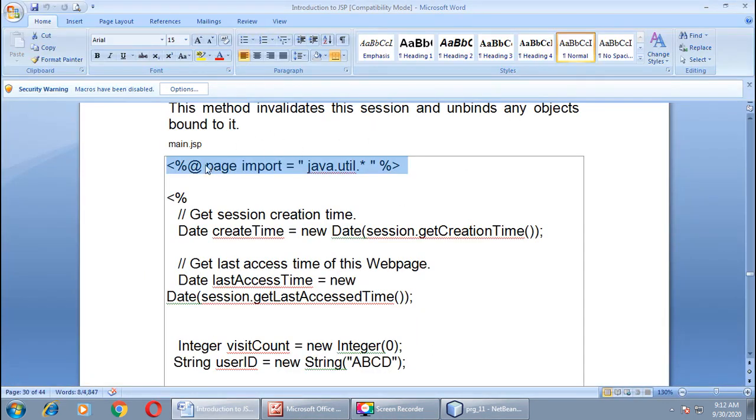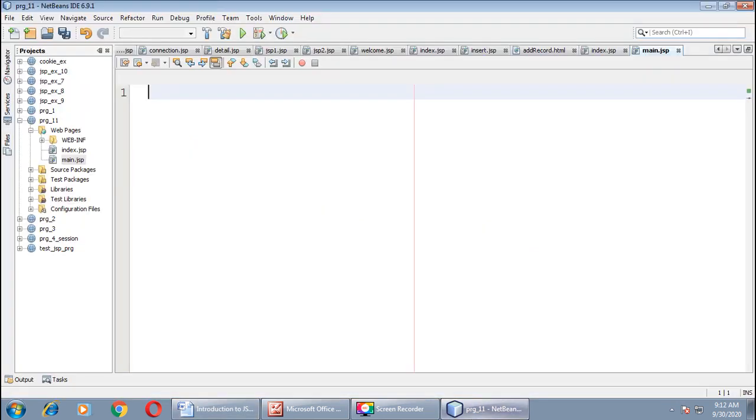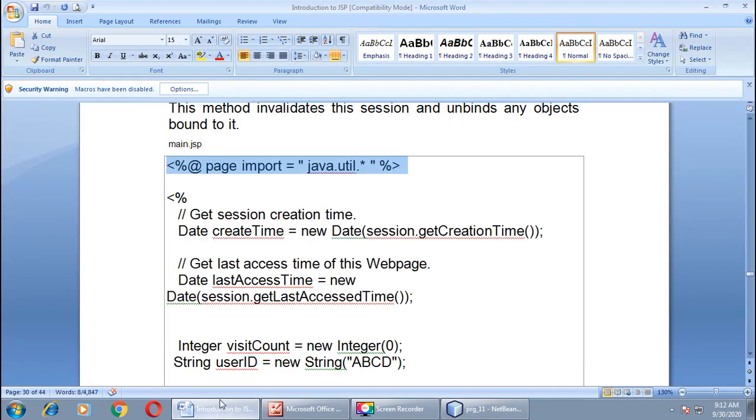Here we want to import this package. For that we can use the page directive, right? Page import java.util. Okay, then in the next line we will do some JSP coding. For that you need scriptlet tags. Inside it we will create one object with the name createTime of type Date. Here I have given one comment also, get session creation time.